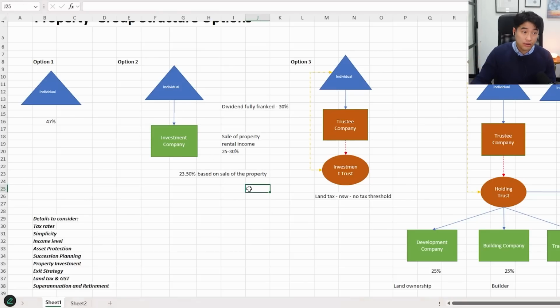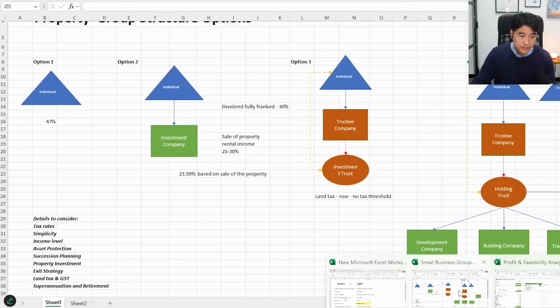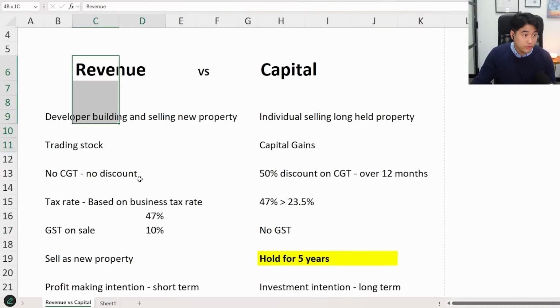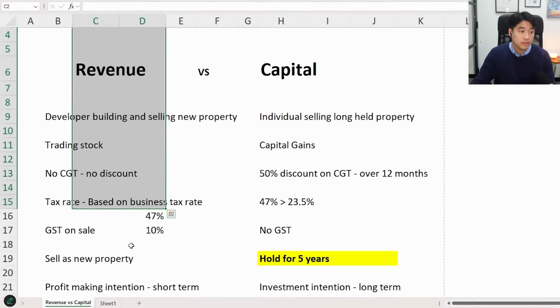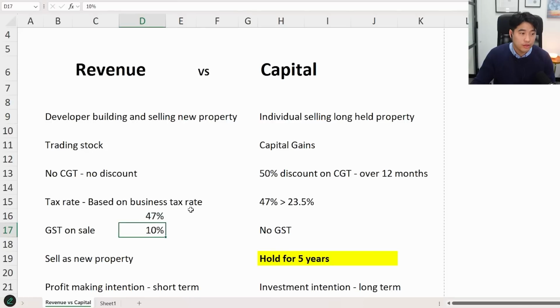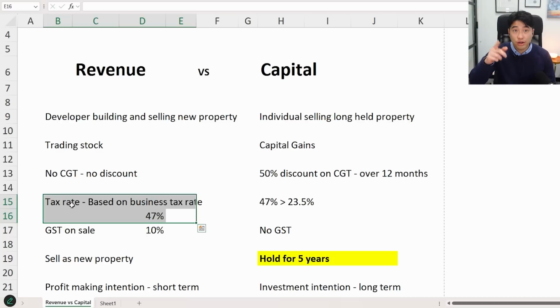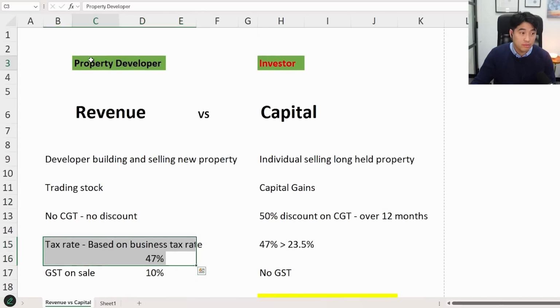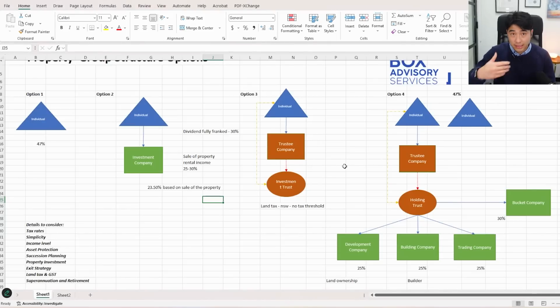If it's now leaning towards a revenue account, which is I'm a property developer, then I'm stuck with GST and I'm stuck with the business tax rate. So this is where I'm going to restructure and not buy in my personal name. There was an example that some of you guys missed, but one of the guys on here just asked, what happens if I'm buying in my personal name and I knock it down and rebuild? I don't like that because you're going to be taxed at 47% if you decide to sell it straight away.